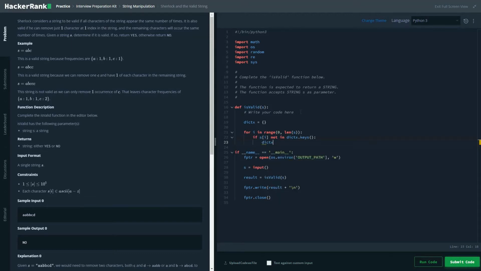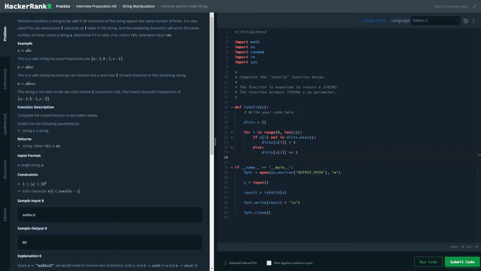So dict of s dot i, we have added that key to the dictionary and assigned a value of 1. Else, dict of s dot i, here we would be just incrementing the value because that key is already present. So this is the first thing to understand.